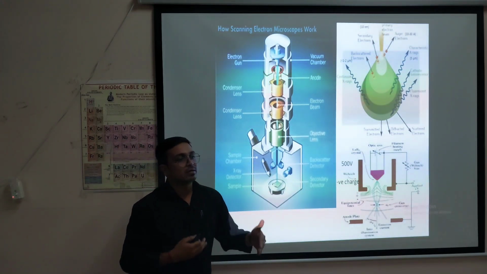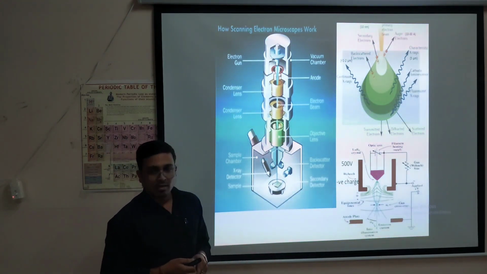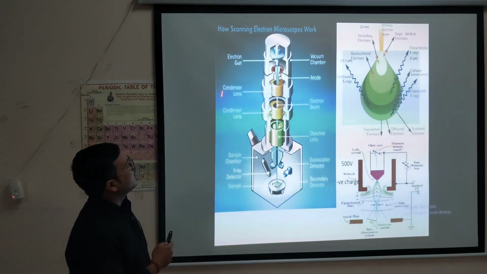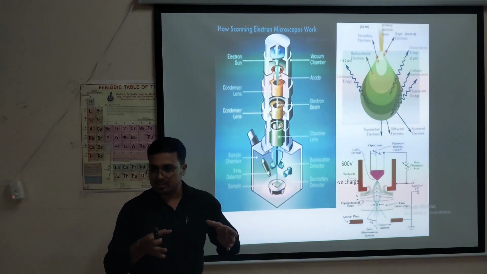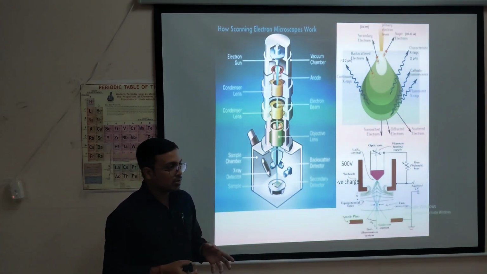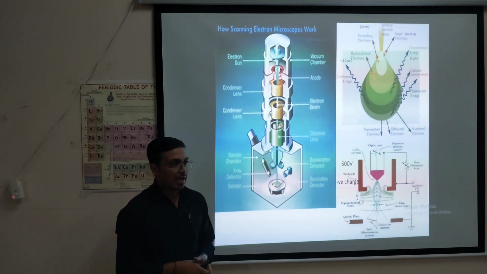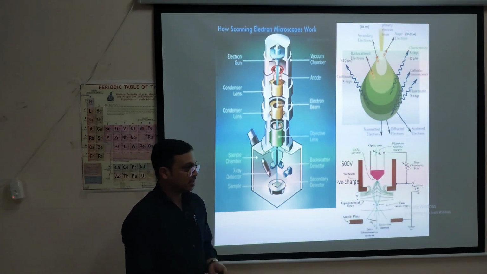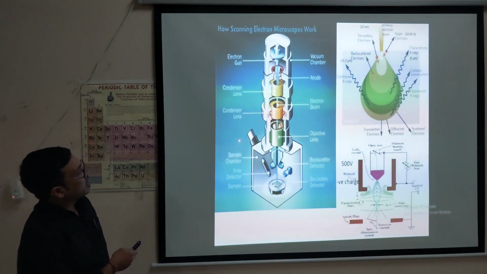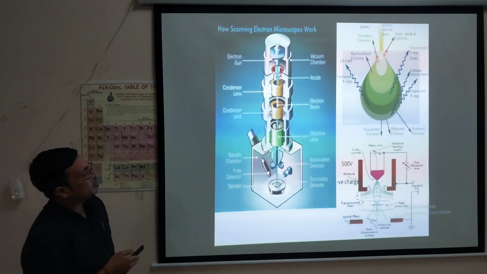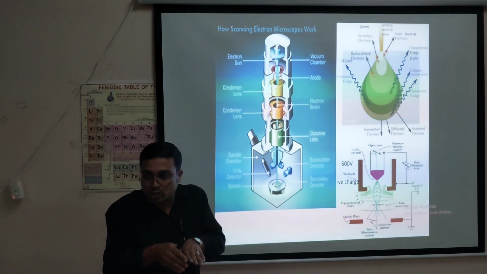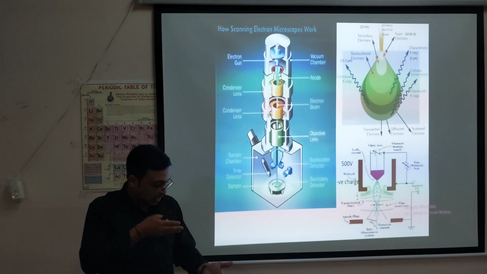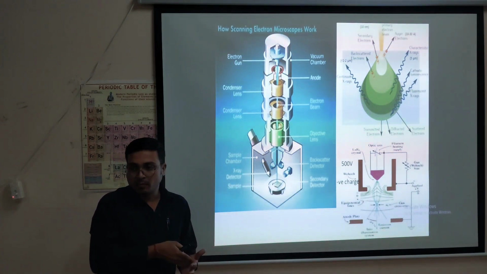Those who want to know more can go to any physics book and get an idea about these things in depth. So what are these condensers all about? Electromagnets. So what they will do, they will create a magnetic field, and as per that law, the electron will move. Again, it will get accelerated. There are two condenser lenses, and the electron now became a pointed, or focused, beam with high energy. Do you follow? So that it will hit the sample in a focused manner.